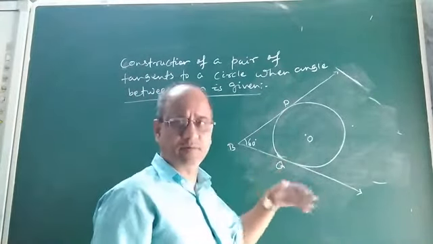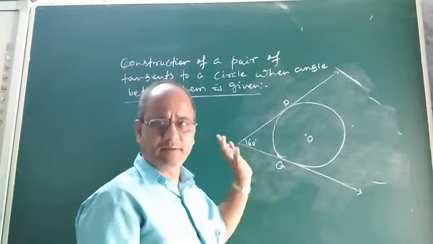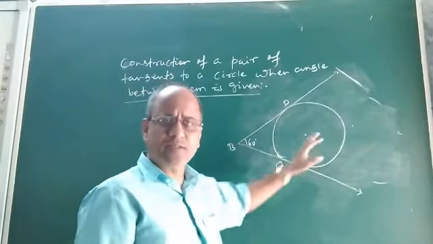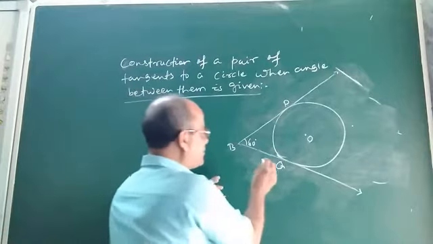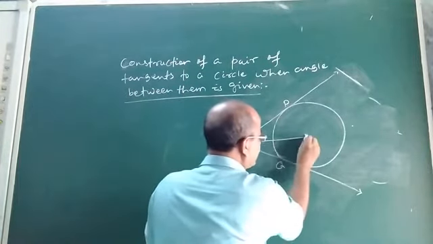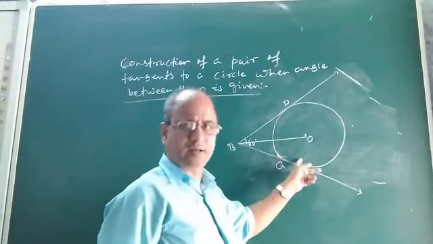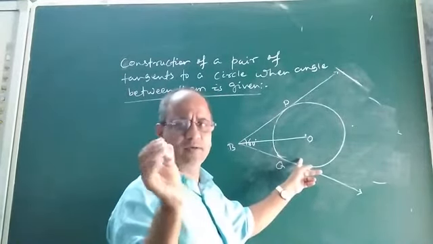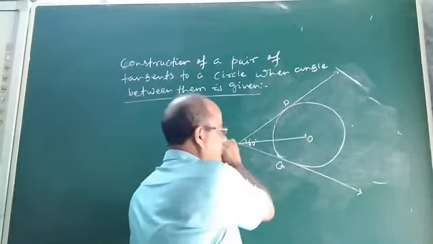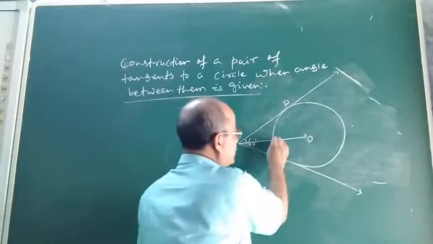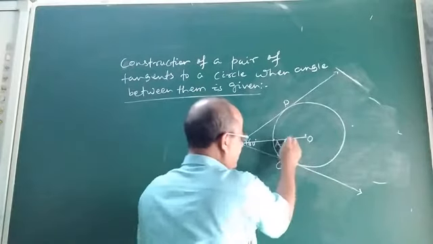It may be 60 degrees, it may be 45 degrees, whatever acute angle it may be. So let us see. This can be done in two ways. The first and the easy way is what you see. Let us do the analysis. First you join the center to the point B. This is a given circle. The circle is already given. That means you will be given some radius to construct a circle. Now suppose the radius is 5 cm. Suppose this one, OA, is the 5 cm radius. It is given.